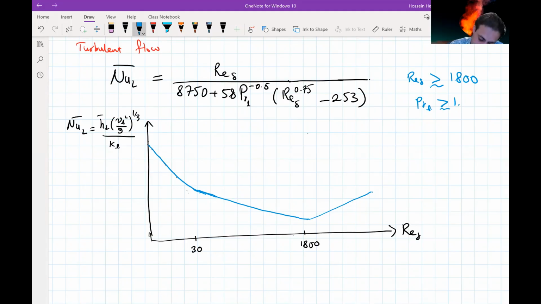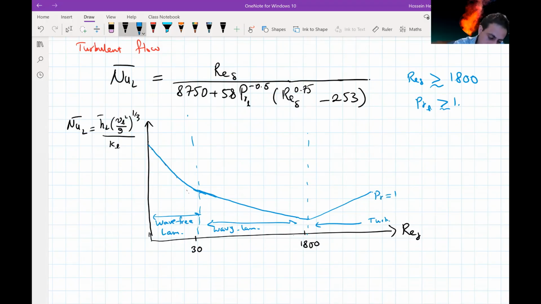Okay, so this is the first regime, this is the second, and this is wave-free laminar. This is wavy laminar, and this is turbulent. So this one is for Prandtl number 1, and if you consider other Prandtl numbers, you would see